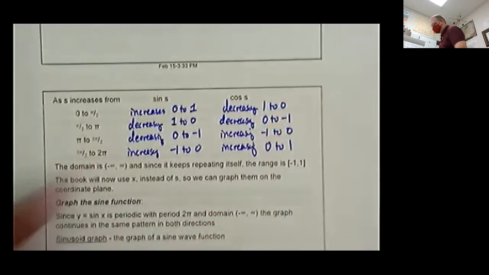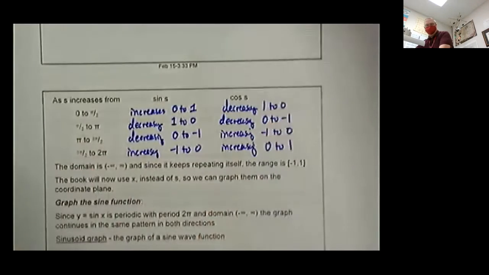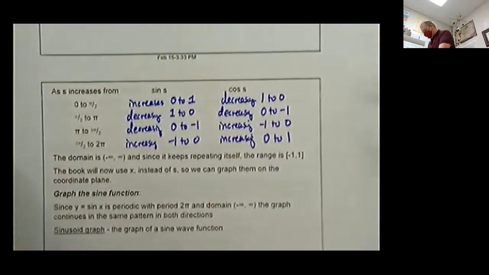And 3 pi halves to 2 pi. Now we are increasing because we're at -1. We're increasing back from -1 to 0. And then we would start again. Cosine, we're at 0, so we are still increasing from 0 to 1. The domain for our function is -infinity to infinity, so we can go as far left